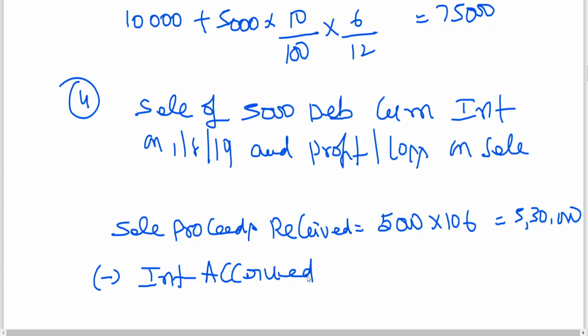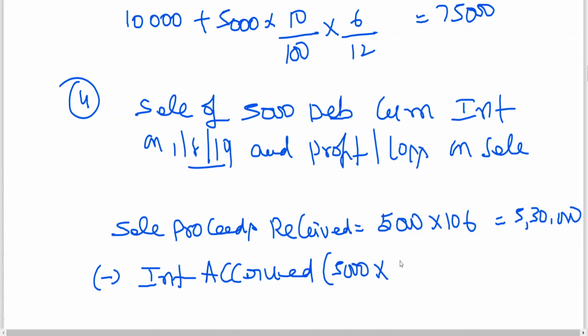Sale proceeds received include that interest accrued. What is the date? 1st August. What was the date of last payment? 30th June, no? July, only 1 month. On that 1 month, as a seller, you want to collect from the buyer. So that is interest accrued. The sale proceeds include interest. That interest I am segregating to find out the cost price. So interest accrued is equal to